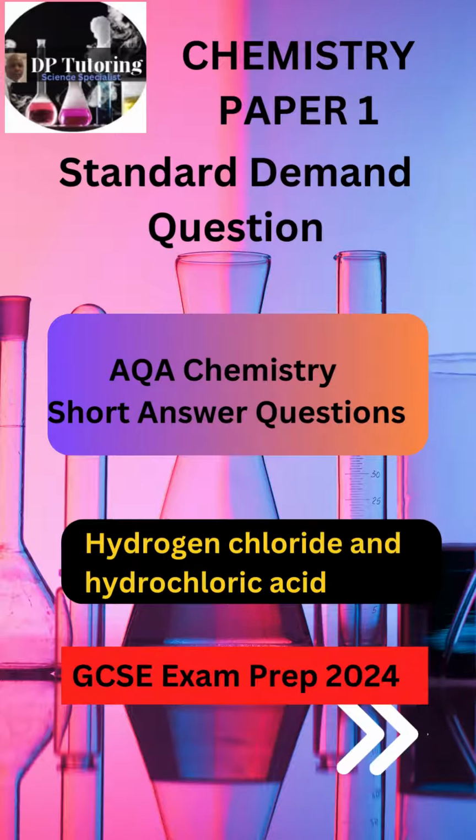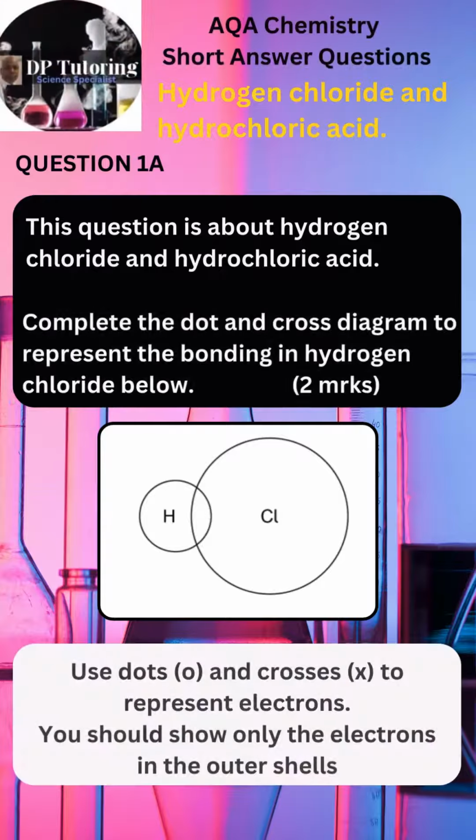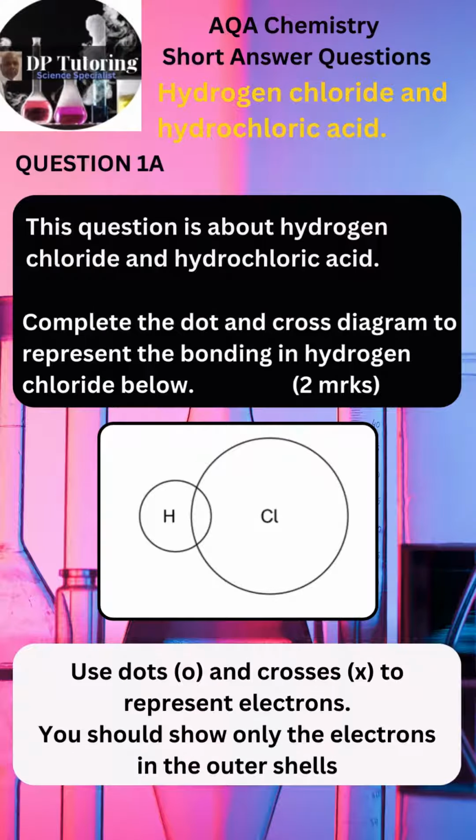This standard demand question is taken from the June 2022 series. Pause the video and check your understanding at different points. Good luck! Part A of the question asks you to use dots and crosses to represent the electrons and show